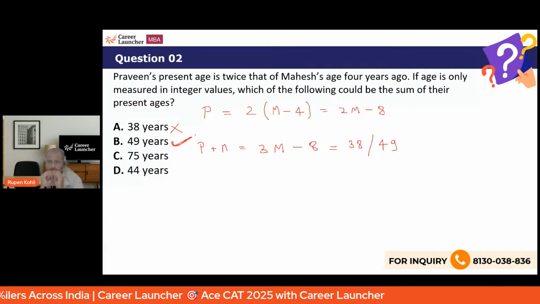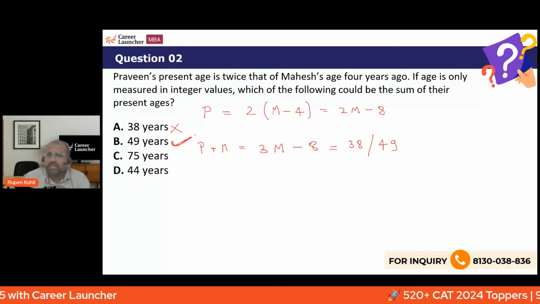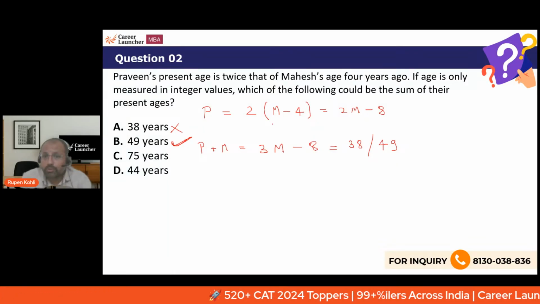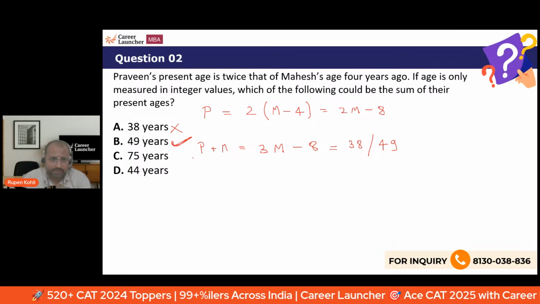Ages are integers. You write the expression for the sum of the ages. You equate it to the option. Whichever gives you an integer solution is the correct choice. You can check that the others are not possible values, right? They are leading up to fractions. If I put it as 75,